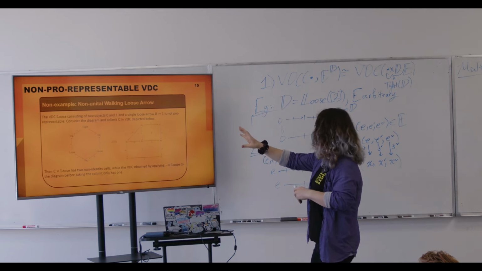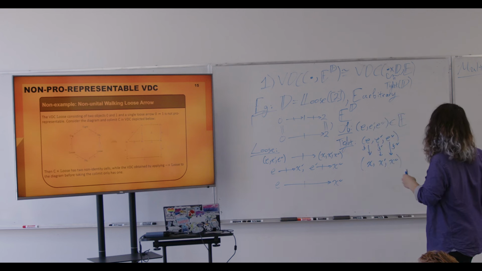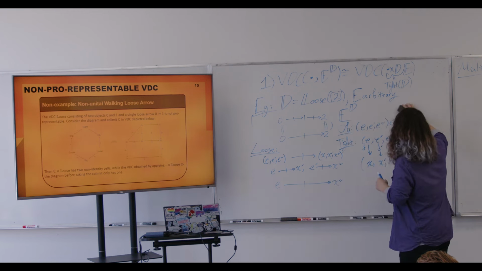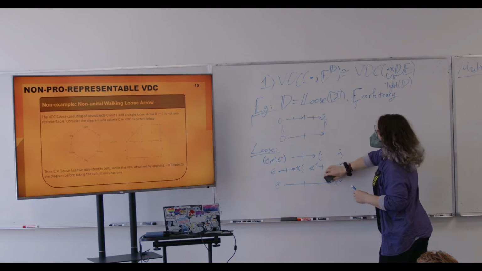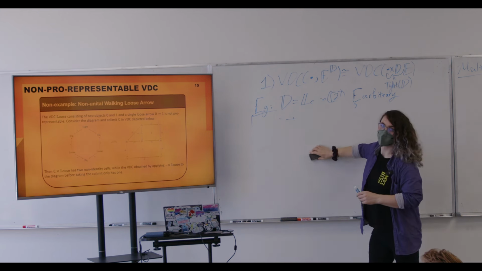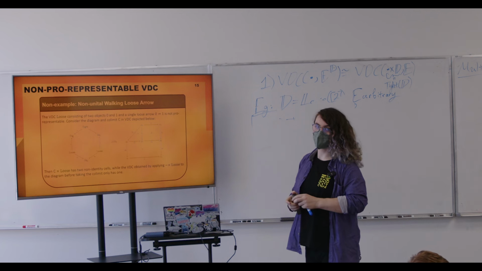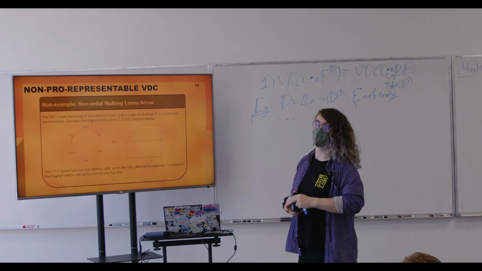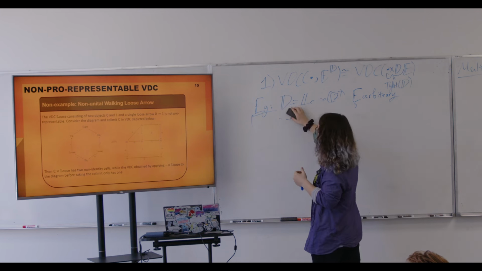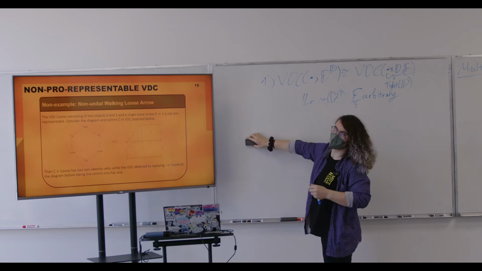And I have it written on the board, but I think it'll be good to go through in a little bit. So the point is that this one is missing the identity for the loose arrows? Yes, it doesn't have any identity pro arrows. Yeah, so it's kind of like a non-unital version of the loose arrow.